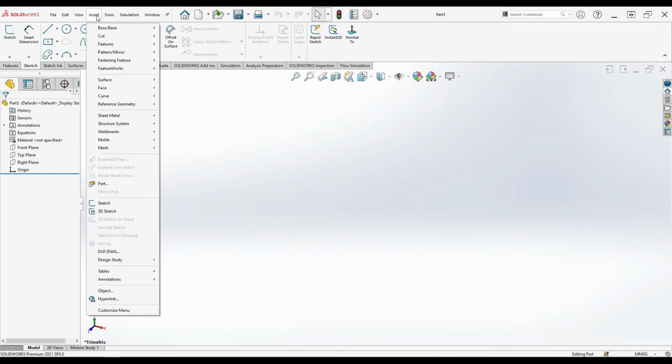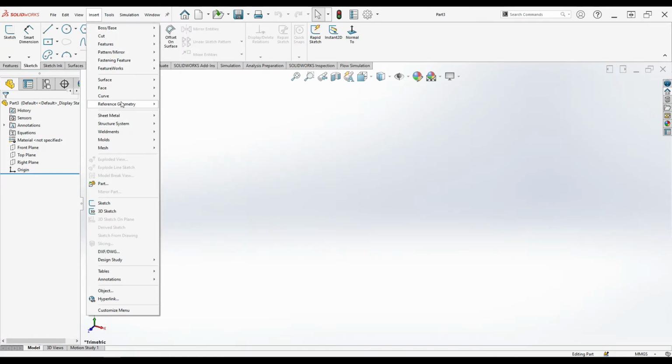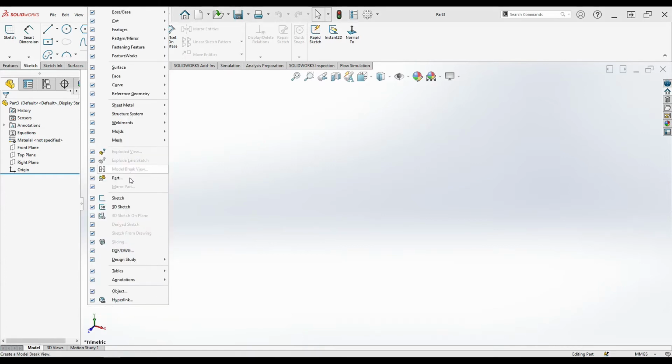In Insert also you can see Customize Menu. Once you click Insert, so many features are there, like regarding modeling or sketching. All are tick marked, all are necessary things. If you untick, it will disappear.